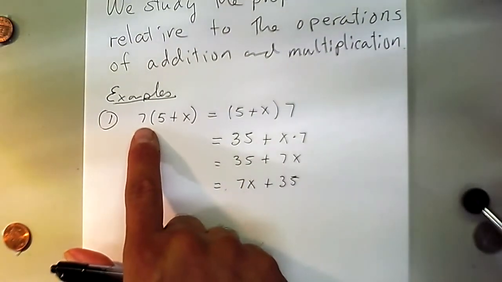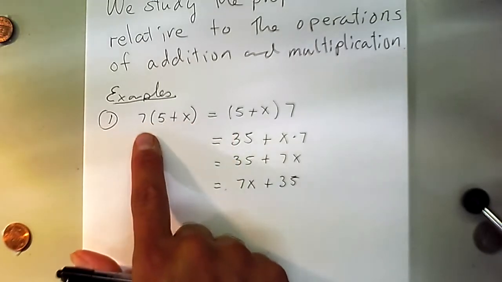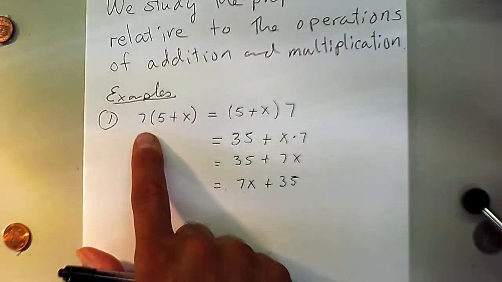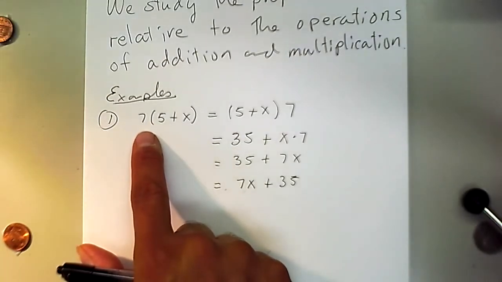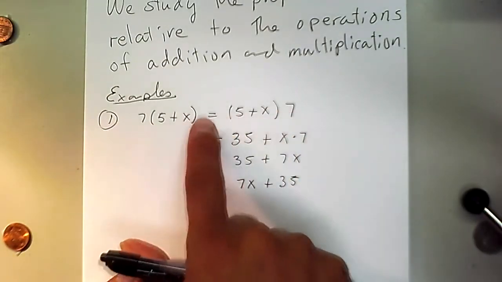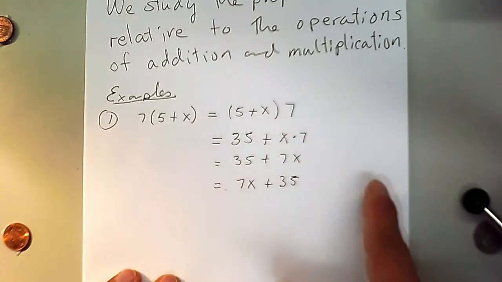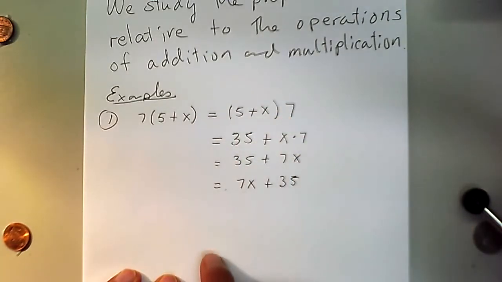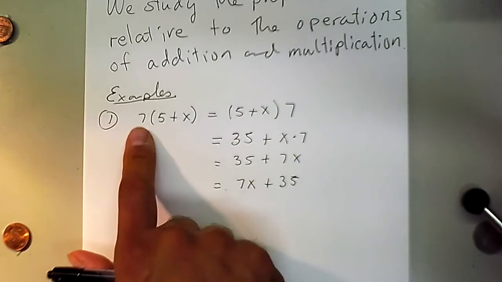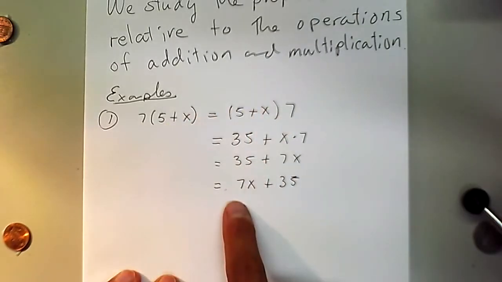We didn't have to go through all of that. I made this longer than it had to be. But the purpose of this was to show that even when we do something as simple as that, we are applying properties of real numbers. Something else I want to mention is the way this notation works.